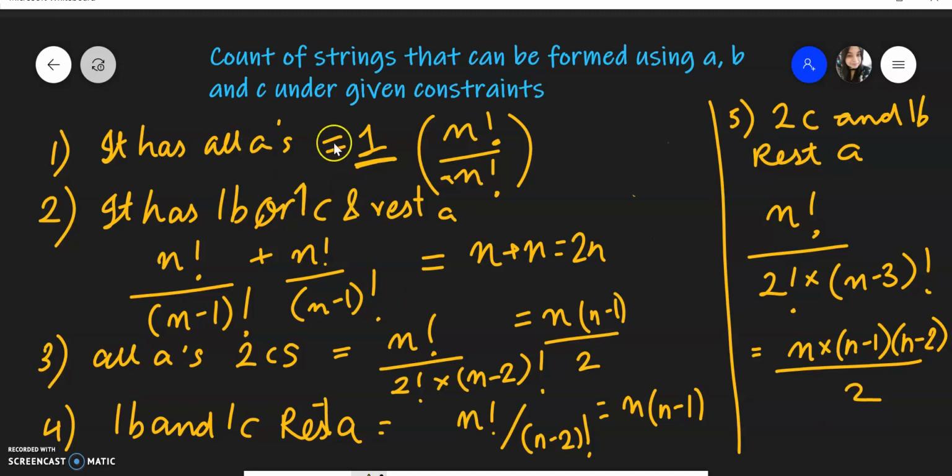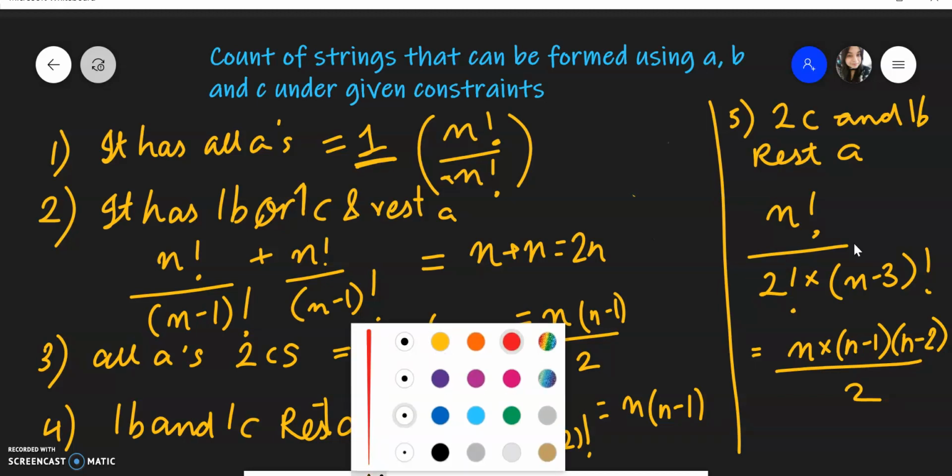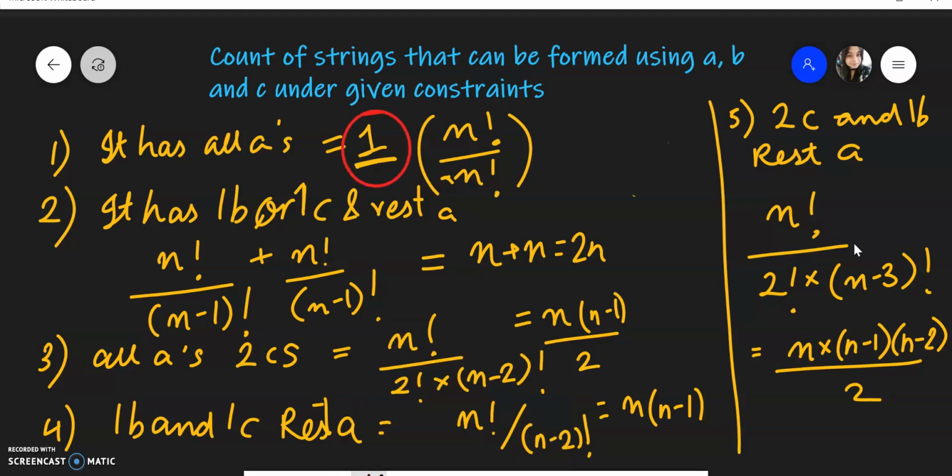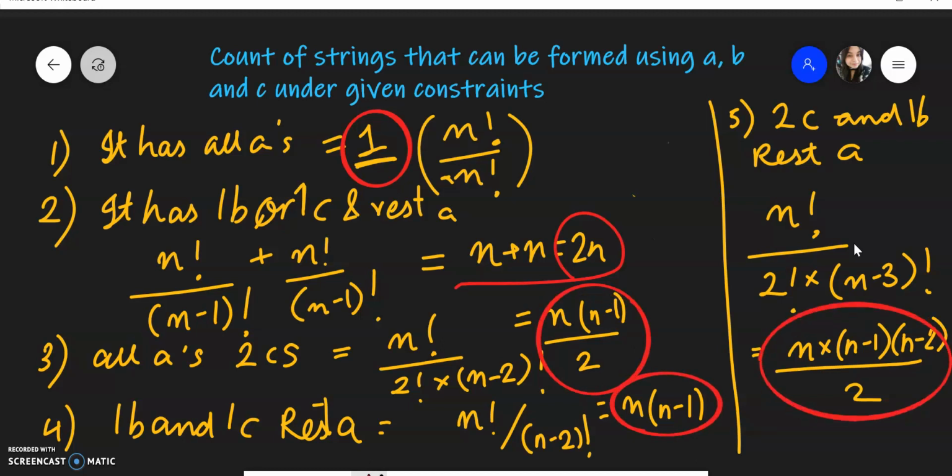Okay, just quickly see if we have left any case. We have done for all the A's. We have done for 1B, 1C. We have done for A, 2C. We have done for 2B and 1B. So yeah, I guess this is it. We'll have a total of 5 cases. So let's just highlight. Okay, so this is our first one, then this was our second, this was our third, this was our fourth, this is our fifth, right? So the total number of combinations will be the addition of this much.